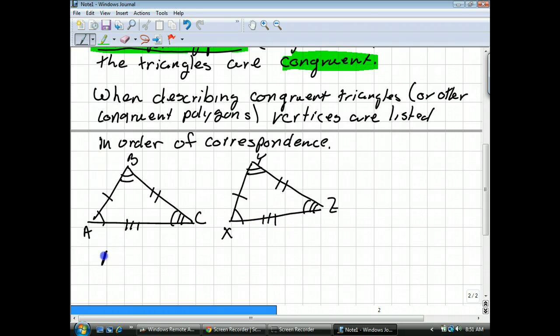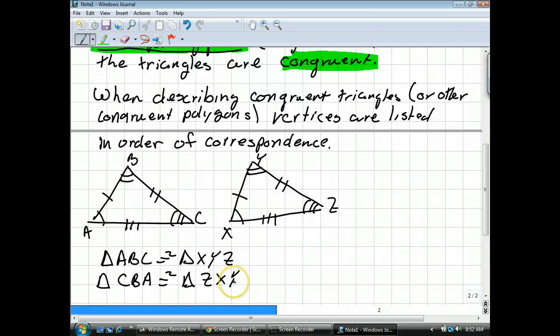So I would say that triangle ABC is congruent to triangle XYZ. Okay? I could also say triangle CBA is congruent to triangle ZXY, because notice that